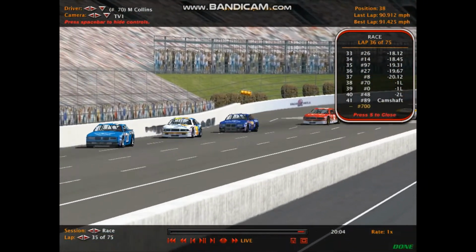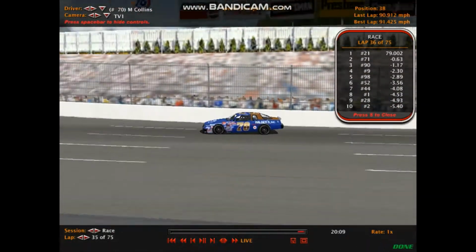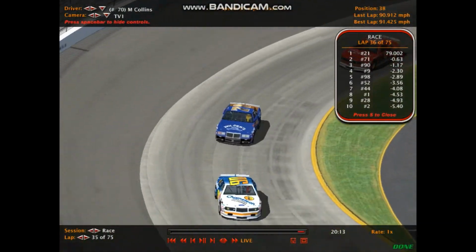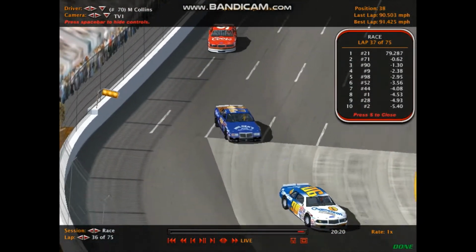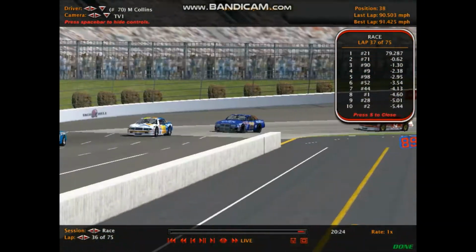Shea Dairyman's 1 lap down in 39th, and Jesse Turner's actually 2 laps down in 40th. So tough break for those drivers out there in the field. As we watch, Collins had a great starting position too. He started his race in 6th place, and he had high hopes for a really good run today,